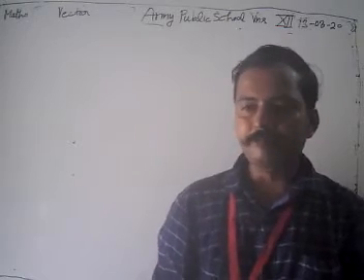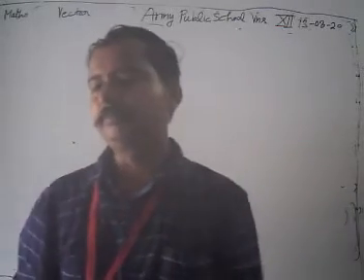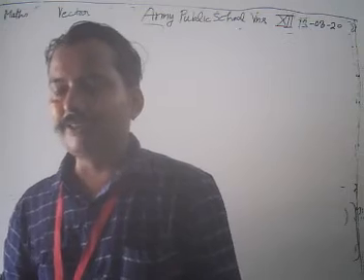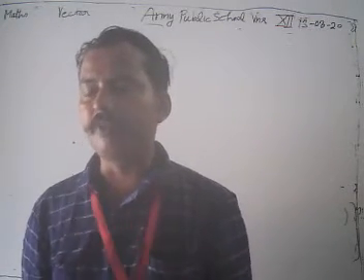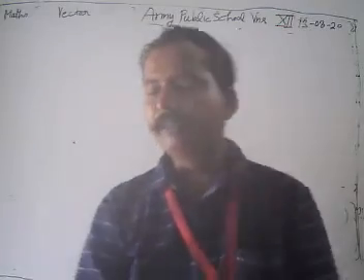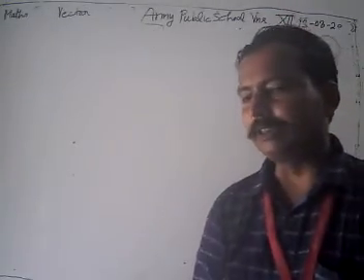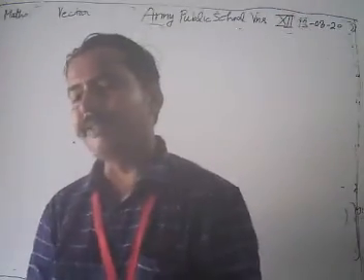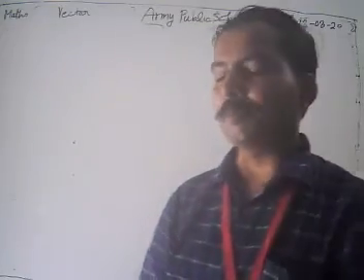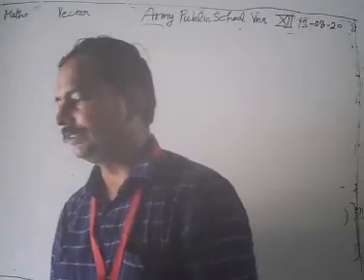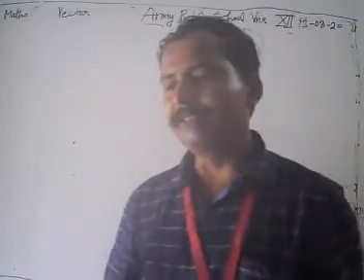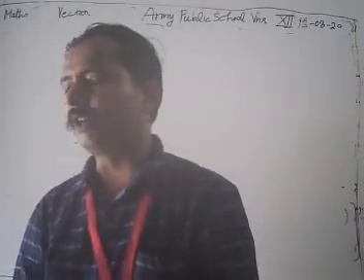Hi students, again we are discussing our vector cross product. In our last classes we have done some problems related to the vector cross product. One thing I missed in the class is that we have discussed in the dot product: i cap dot i cap is one, j cap dot j cap is one, k cap dot k cap is one.